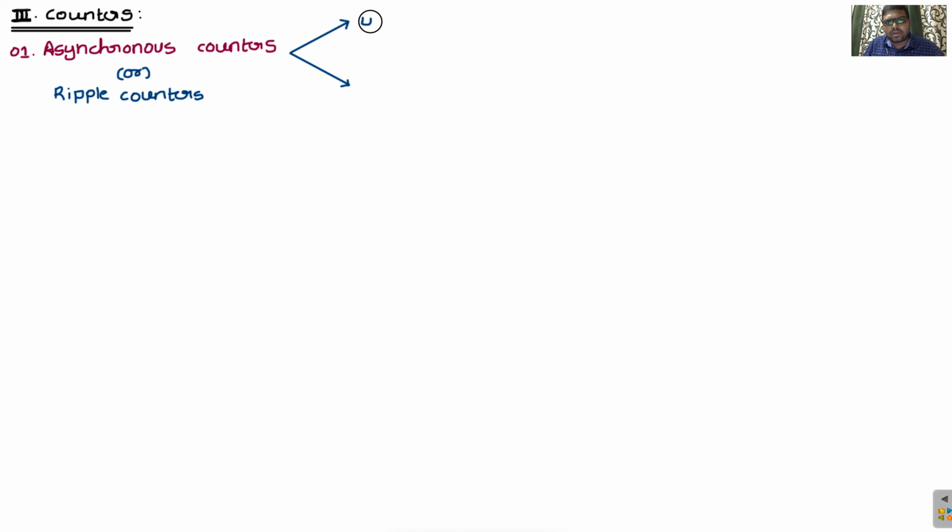Asynchronous up counter and asynchronous down counter. Okay, asynchronous up counter and asynchronous down counter. This is also called ripple counters, right? And the second topic is